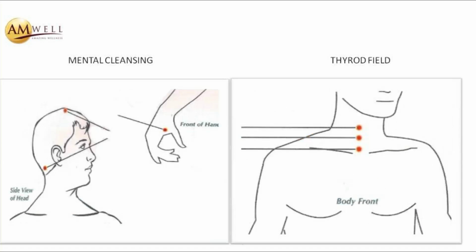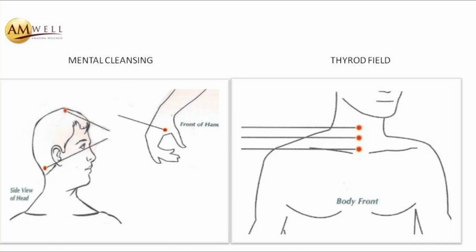The next is, a lot of people have migraine problems. Again, the same point which I mentioned earlier, instead of tapping, you can actually use the wand to apply pressure on the top of your head. That's one area. The other area is right at the back of your head, on the top of your neck, just below your skull. You can use the AMwand to press lightly, 5 seconds, let go for 5 seconds. Press again for 5 seconds and let go for 5 seconds.